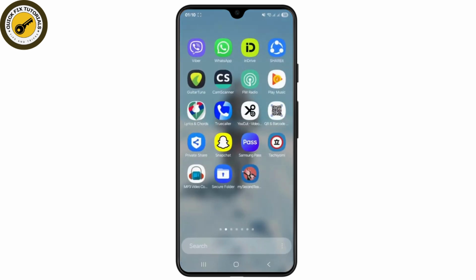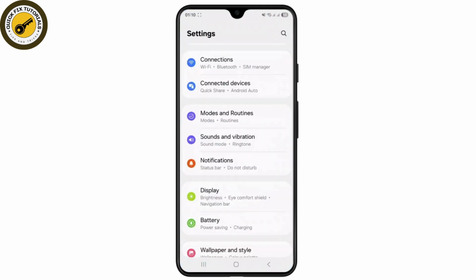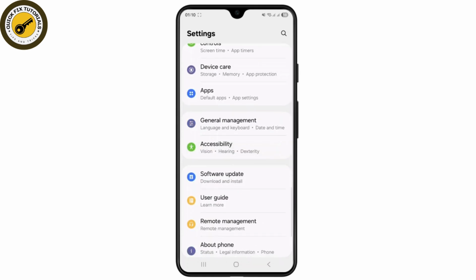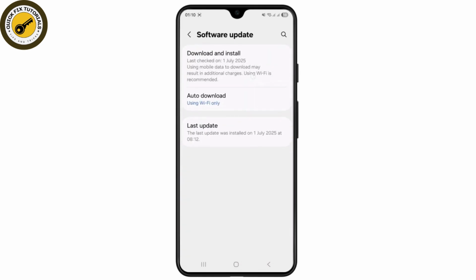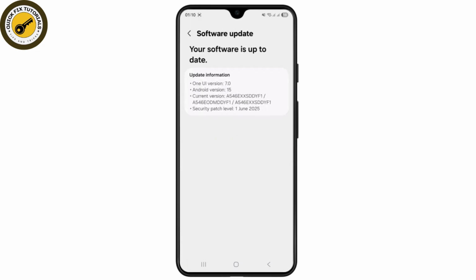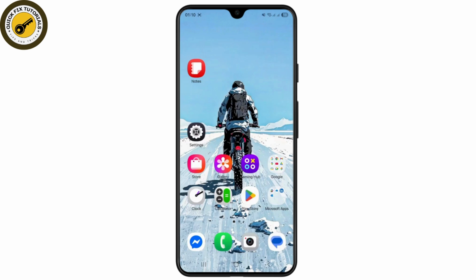And additionally, what you can also do is just try updating your Android system and apps. So to do that, just head over to your settings on your device and simply scroll down until you find the option that is software update. So make sure you have checked or downloaded and installed the recent or latest update for your Android version. As you can see, my current software is up to date, so I do not have to do that once